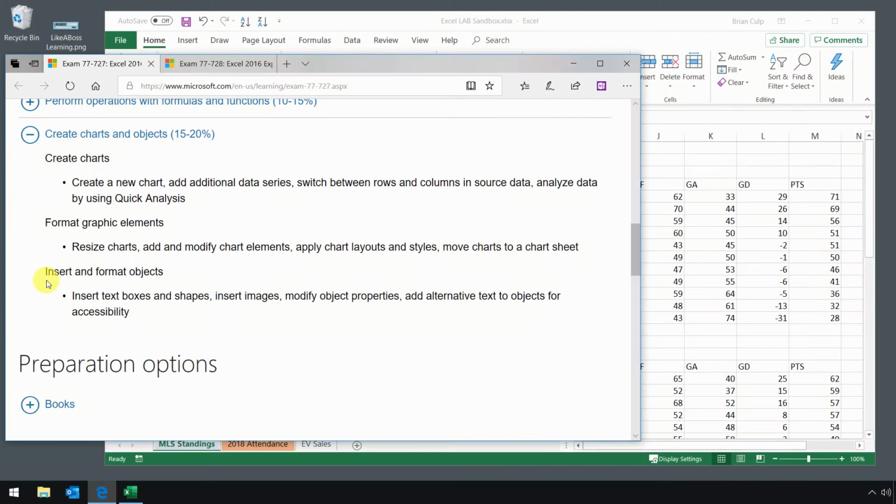This last test objective under Create Charts and Objects is inserting and formatting objects. For most Excel users, this should be low-hanging fruit. You should be able to easily insert text boxes, insert images, and modify properties. Really, the one to pay attention to for exam purposes that you may not be familiar with is adding alternative